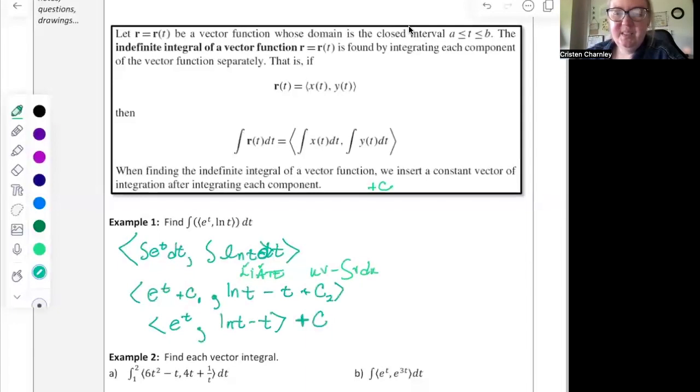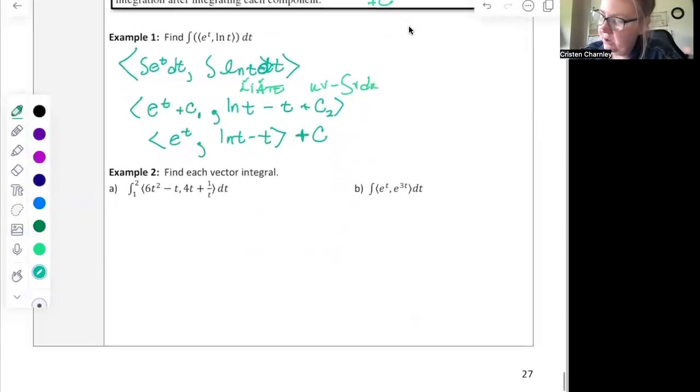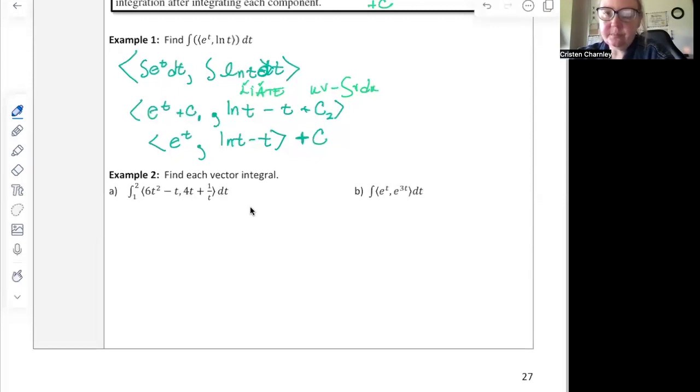So in example 2, I see boundaries. So what do you suppose we're going to do with the boundaries? We're going to substitute those in for the fundamental theorem of calculus. So let's look at example 2. We want to find each vector integral. So to find each vector integral, we need some antiderivatives. So if I rewrite the vector function with the integral inside,